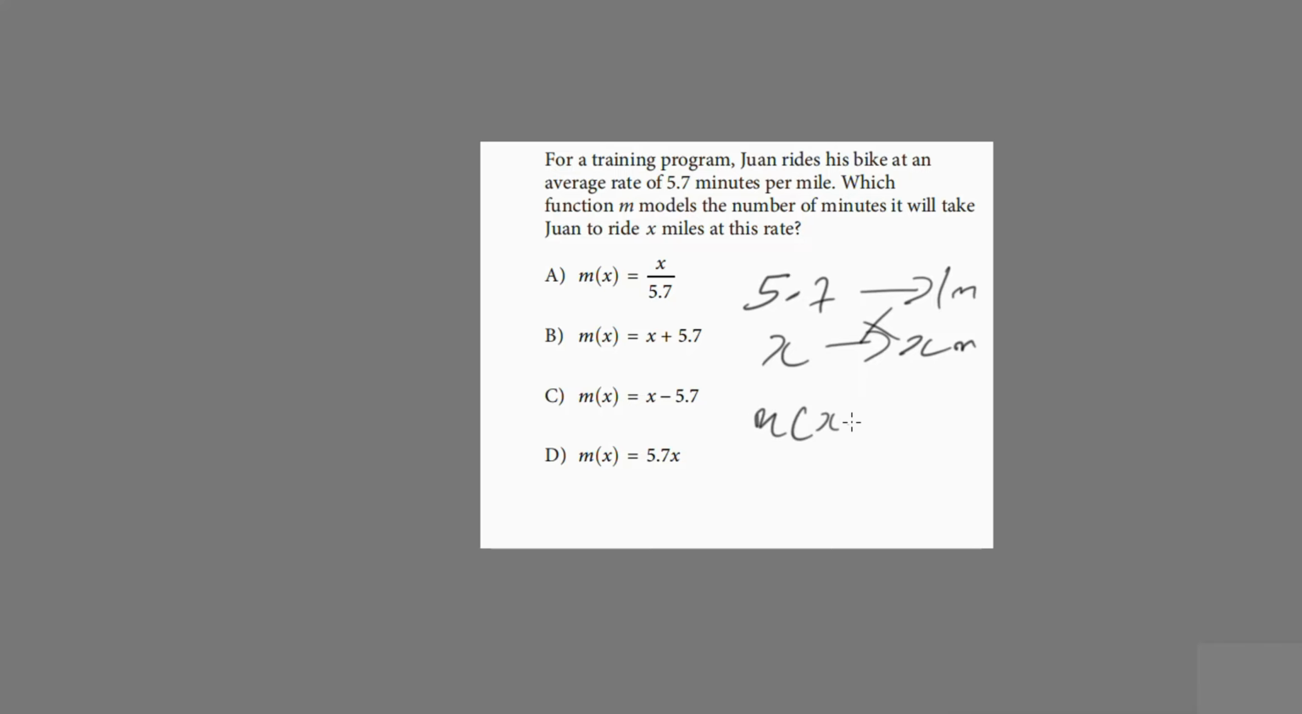I'm going to have that M of X, M(X), miles equals 5.7X. So the right function model for this